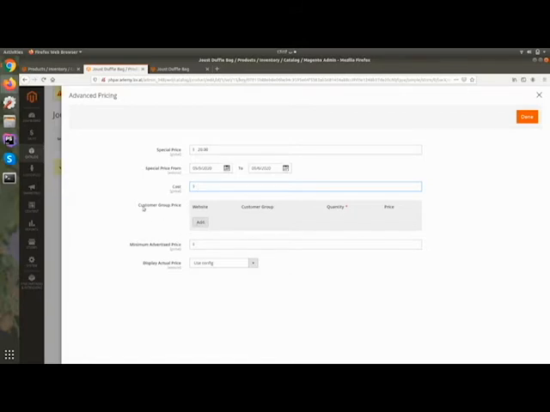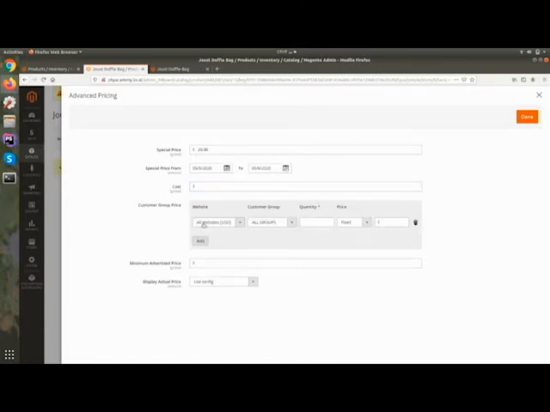Then here you can manage the customer group price. It means if you have multiple customer groups, like you have VIP customers, you have wholesaler customers, okay? So for wholesalers you can give a different price. For retail customers, for general customers, you can give a different price. If you set groups, okay,